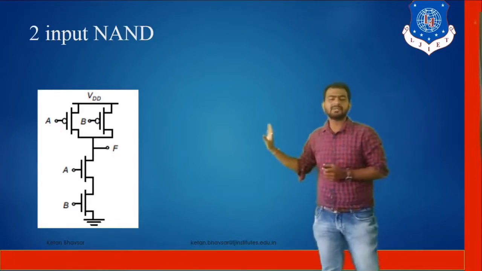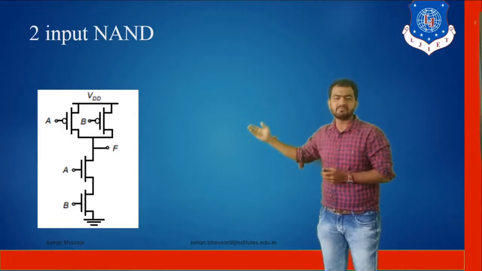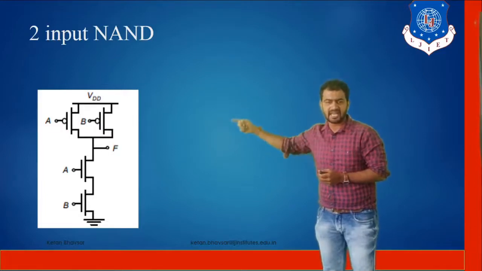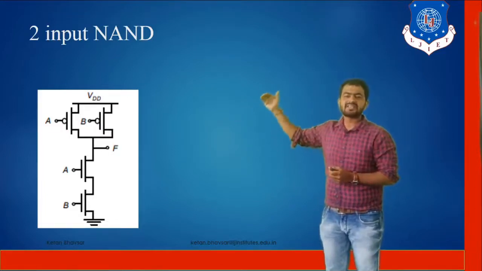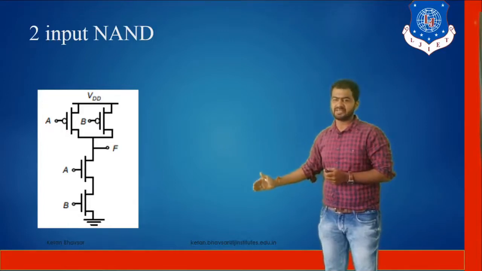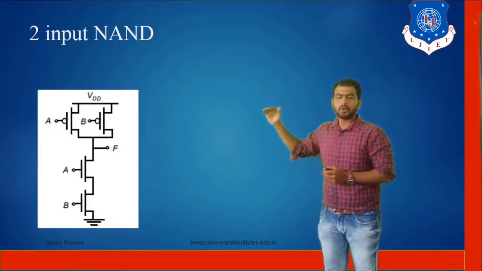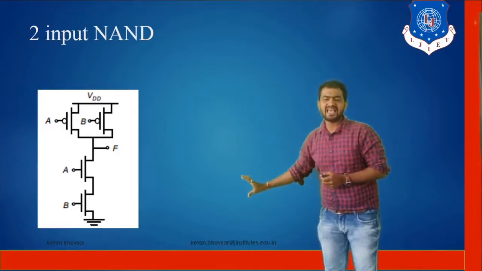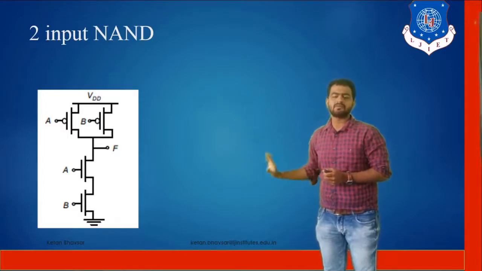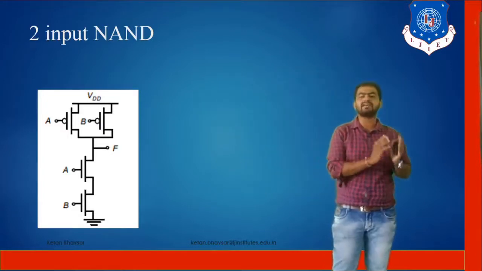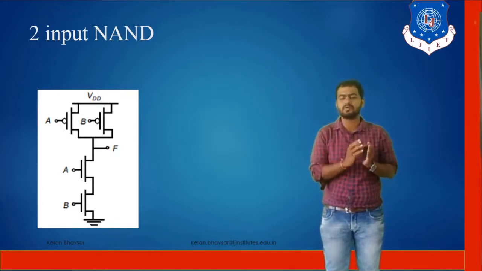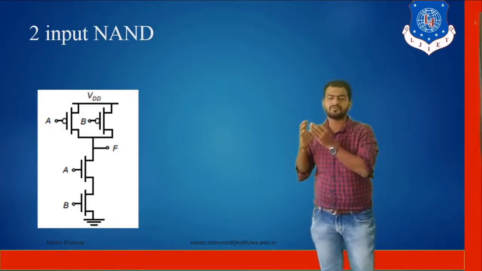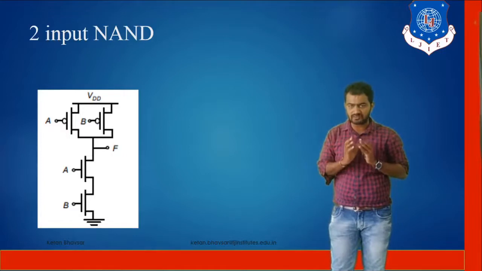So now, as you can see in this particular diagram, the two input NAND gate, A and B both are connected with the PMOS as well as with the NMOS. PMOS is connected with VDD and NMOS is always connected with the ground, as you already know. So PMOS in parallel, then NMOS in series. And also, if two PMOS are used, then ultimately we have to use two NMOS. So always make sure that the NMOS and PMOS count is equivalent. If you are using 4 PMOS, then ultimately you have to use 4 NMOS if you design a CMOS based circuit.